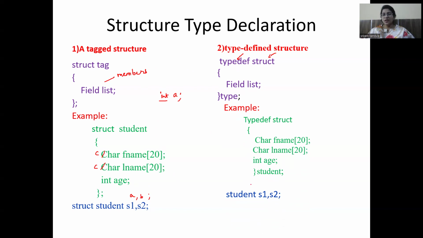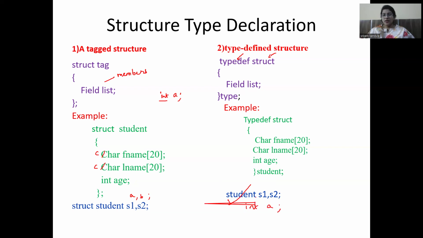And here you can see I have not used the keyword struct. I have used only the name of the structure, student. Why am I using only the name? Because I'm saying that the type of this student is defined as a structure using this typedef keyword. So giving that struct keyword is optional. Simply I can use the name of the structure, similar to how you will declare int a. In the same way,